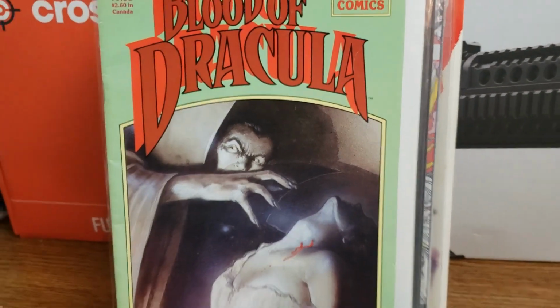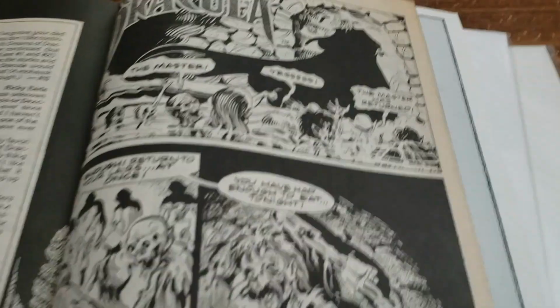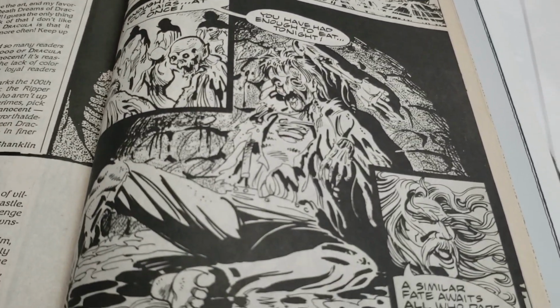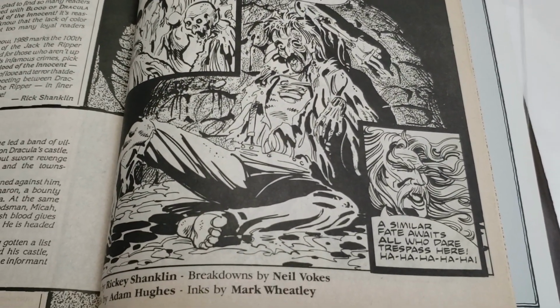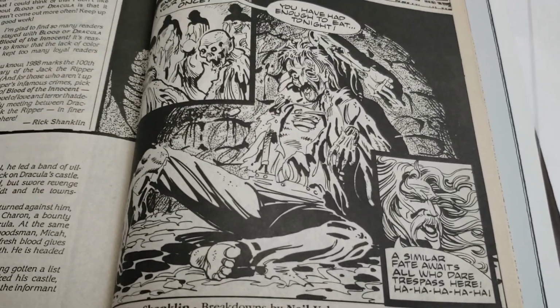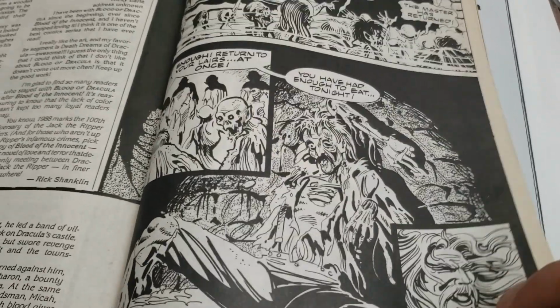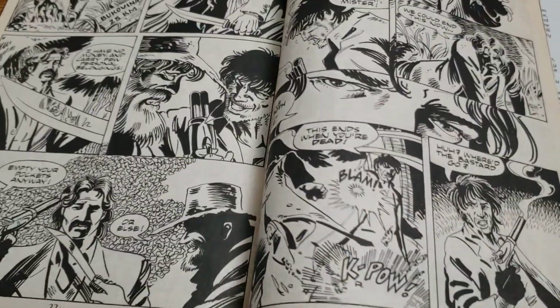Apple Comics Blood of Dracula. Don't know what this is either. What did we see in here though? Oh yeah, this art looks pretty cool. Who is this? Neil Vokes. Pencils by Adam Hughes. Inks by Mark Wheatley. That must be a different Adam Hughes though, surely, yeah? Because this looks nothing like the Adam Hughes that we know today. Things could change a lot, but...